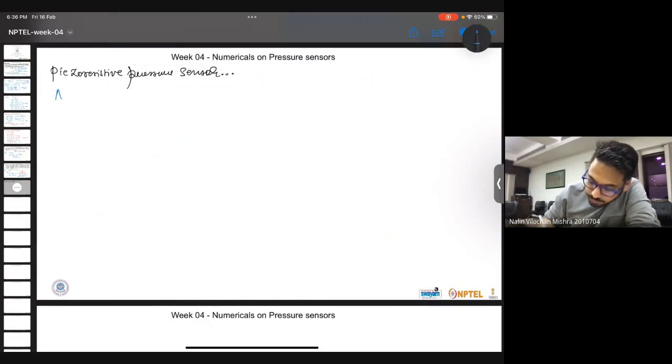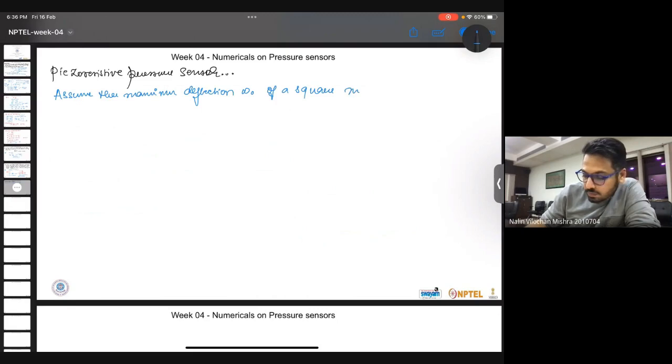Here, assume the maximum deflection omega naught of a square membrane of thickness h and side 2a